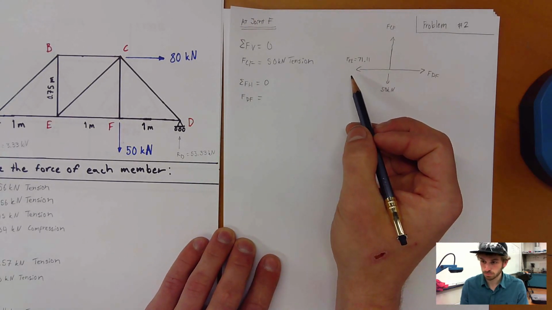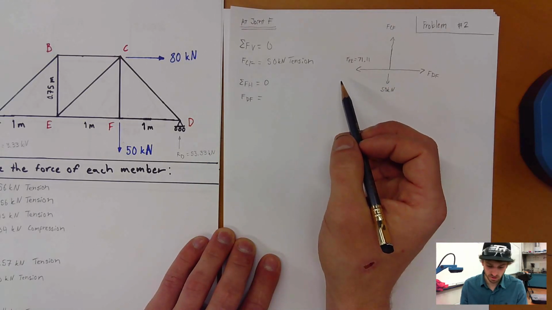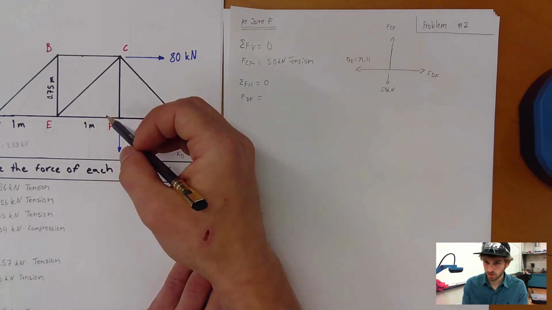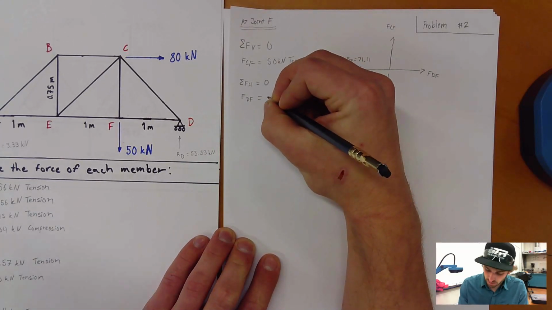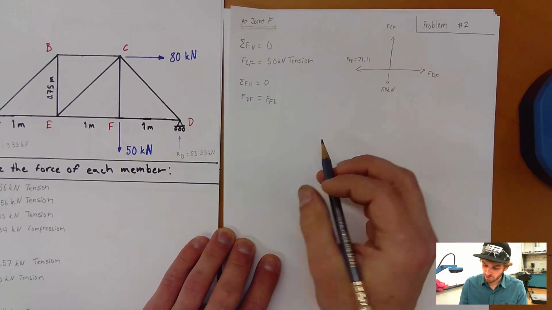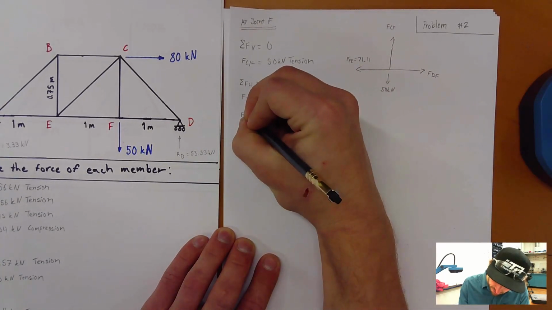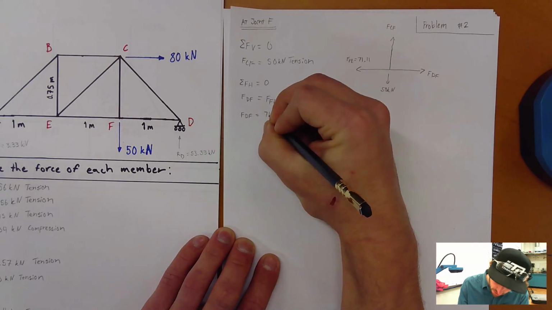So again, super simple, because we have an equal and opposite reaction. There's no other sideways members acting on this one. So the force in DF is going to equal 71.11